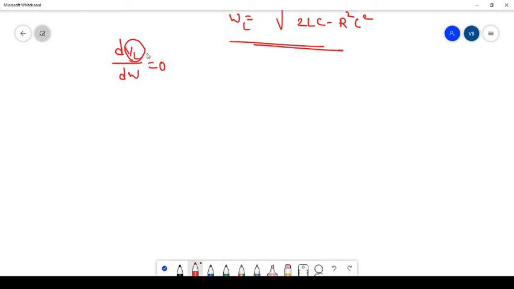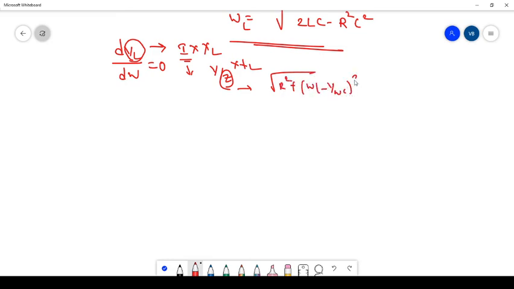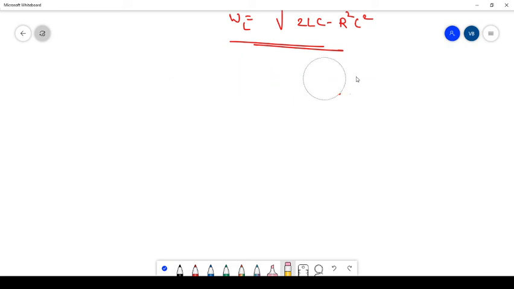So what is VL here? VL is nothing but voltage across the inductor, that we wrote as I into XL. So I we wrote like this, that is V by Z into XL. So Z we already know, that is under root of R square plus omega L minus omega C whole square. So likewise we simplify that voltage in an inductor as well as frequency of an inductor. The same thing you repeat for the capacitor. While calculating frequency in a capacitor, we need to equate voltage across the capacitor to 0.